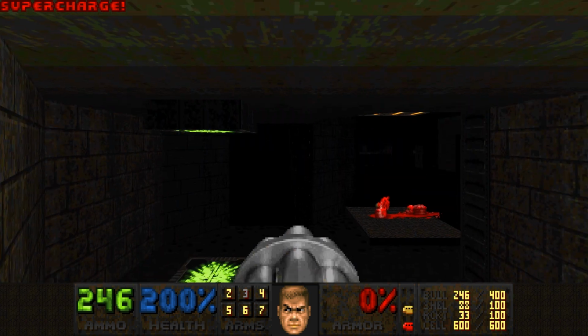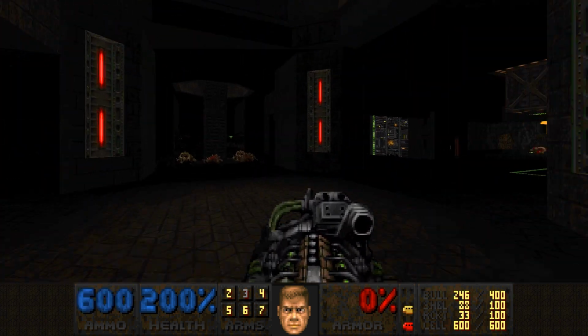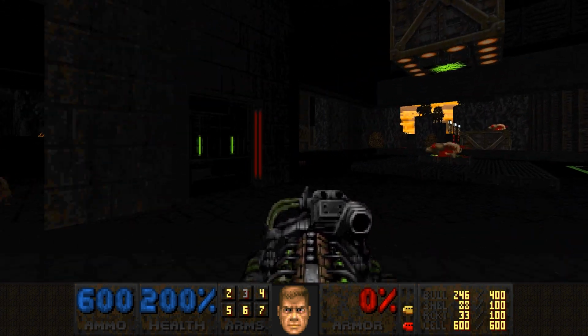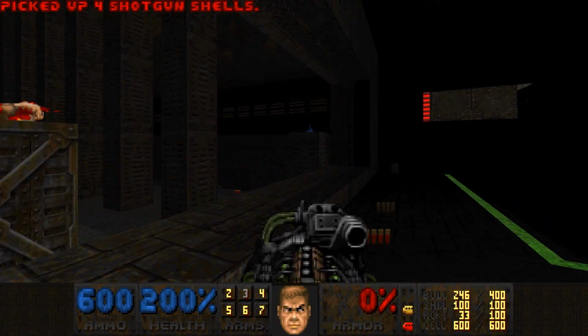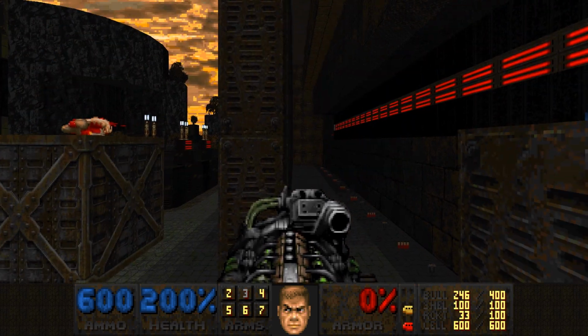Interestingly, with the BFG, or with any weapon, you can knock the archviles back into that teleporter. And then they'll be waiting for you when you leave, which is not fun. No blocking lines for the monsters there. Not a big deal, just